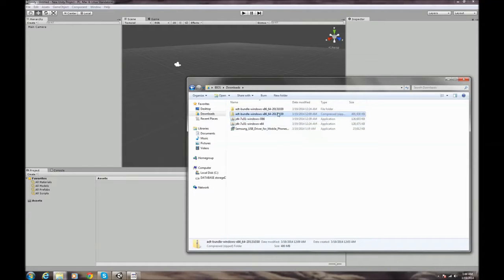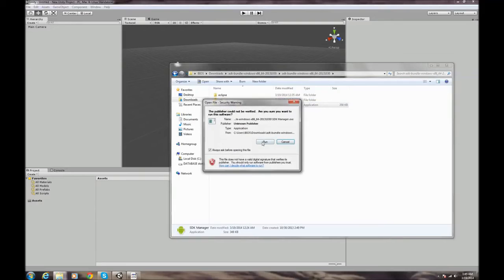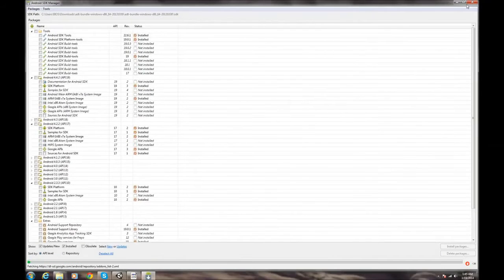The ADT bundle for Windows, go ahead and extract that, and you're going to have a copy of that folder extracted. You can go inside this folder, and this is your SDK. This is basically what you're configuring, and you're going to point Unity to this SDK. And if you open your SDK manager really quick,